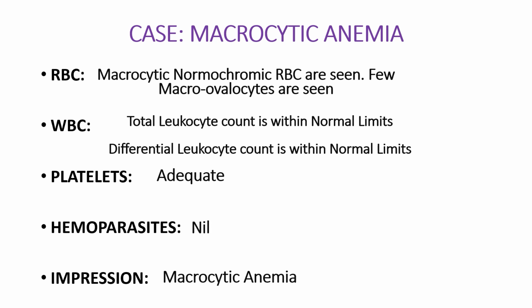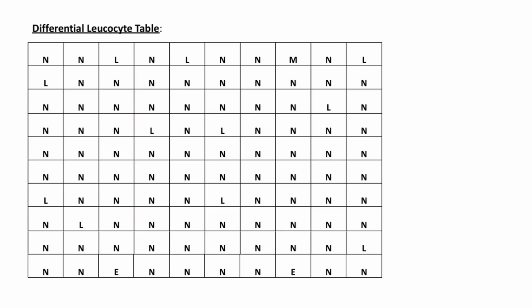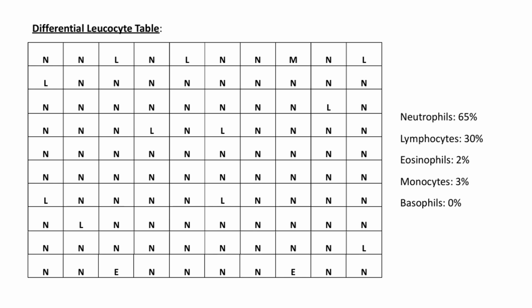So for both microcytic and macrocytic anemia, you write these things. But before that, you also need to fill this box. So just fill a normal box. For example, 65, 30, 2, 3. You change this. Just don't write these boxes, because I've seen people writing the same differential count which was there